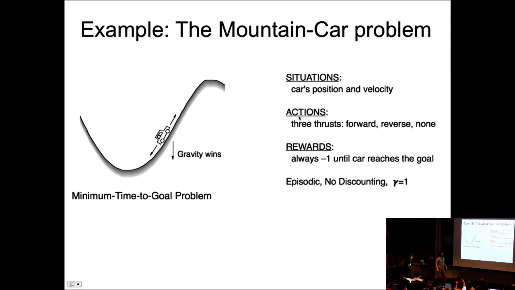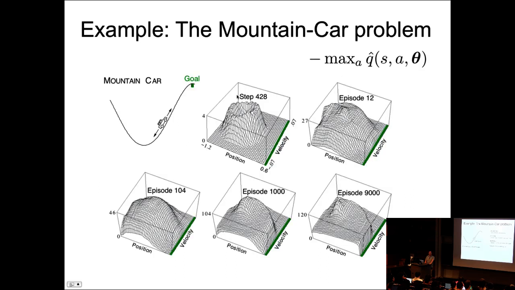So obviously what the system needs to learn is that if you're in this position, you do reverse so that the car can go up to here, and then you do forward so that you can reach the hill. The goal is located here. You basically want to go over the cliff, right? If you just always push forward, your car will never get over the hill. So it has to learn a policy where it goes all the way back and forward to reach the goal state.